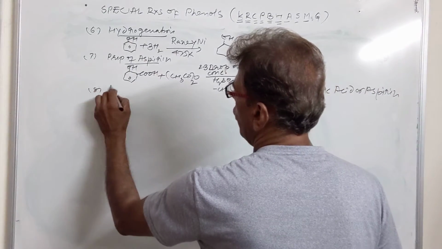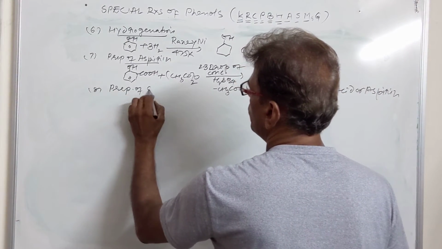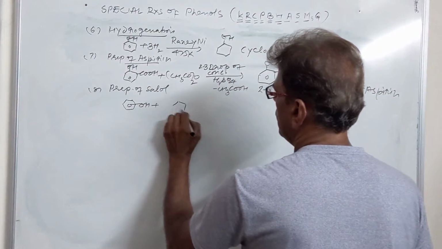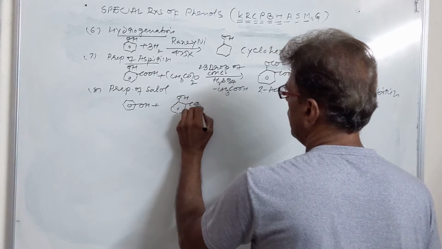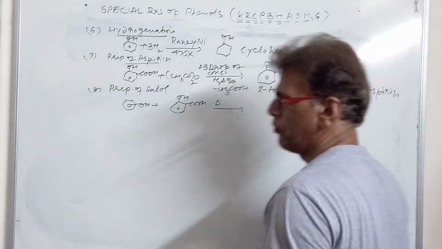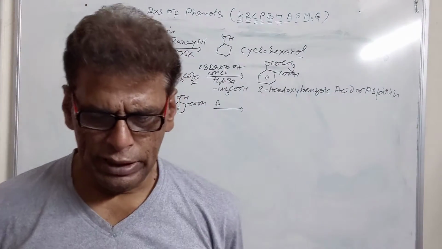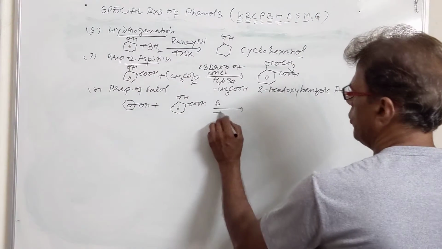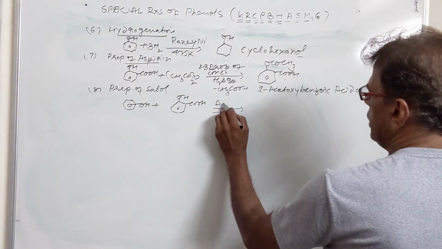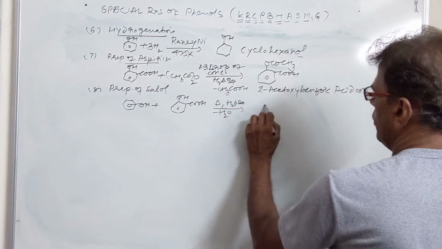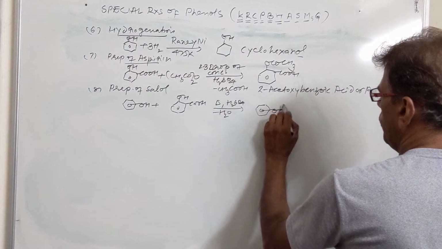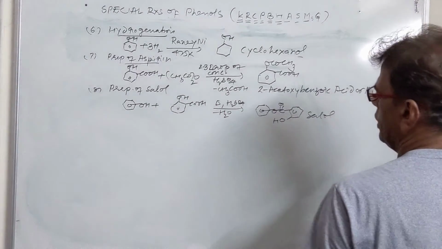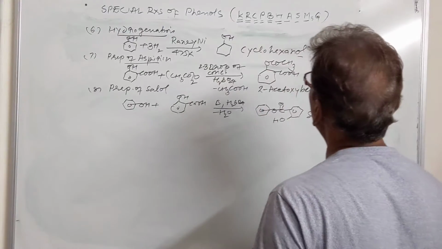Then we have the preparation of Salol. Phenol is heated with salicylic acid to get Salol. Salol is a medicine which is used for intestinal trouble and is given to the person suffering from this. In the presence of a drop of H2SO4, you will be getting OCO. This is Salol. Water is lost. It is an intestinal antiseptic medicine.